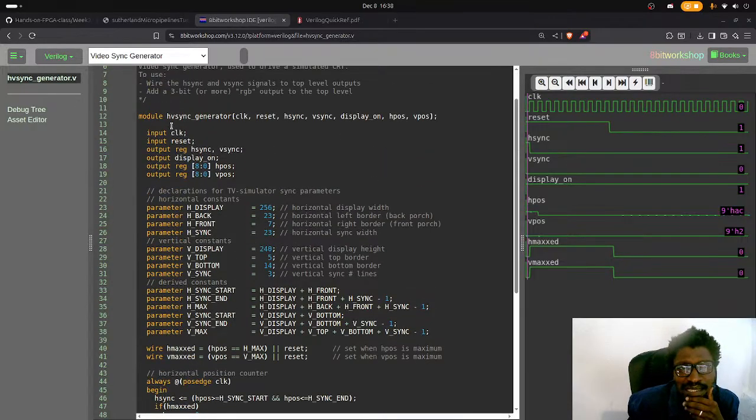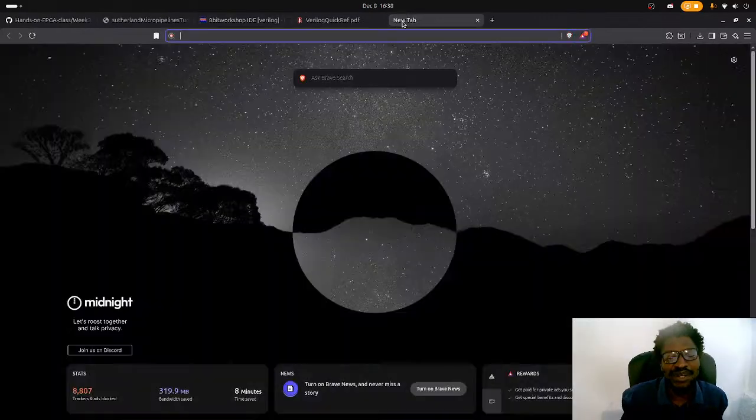So it starts out as a module called HSync generator. It takes in a clock signal, a reset signal, a horizontal sync signal, a V sync signal, a display on, an H position and a V position. So if you remember, when we looked at MIPI,